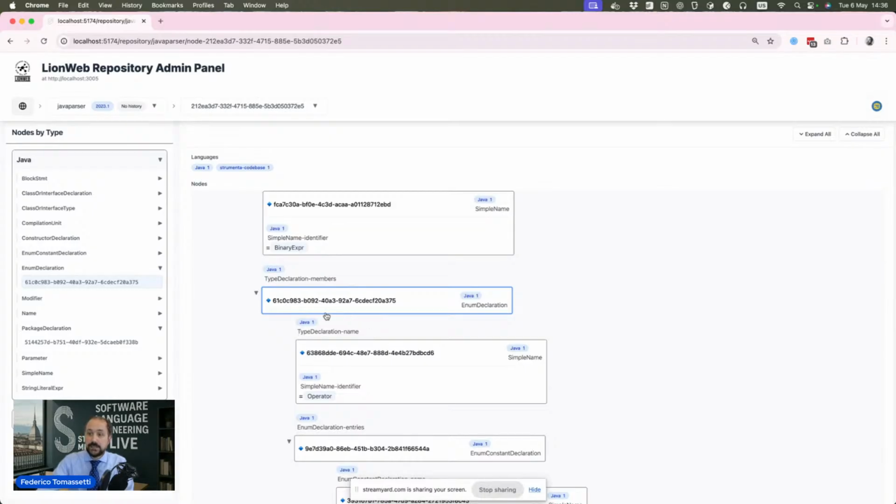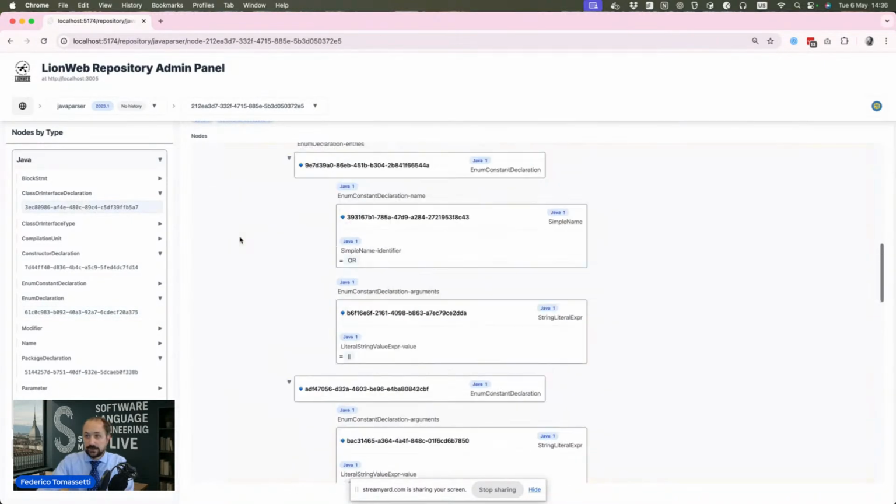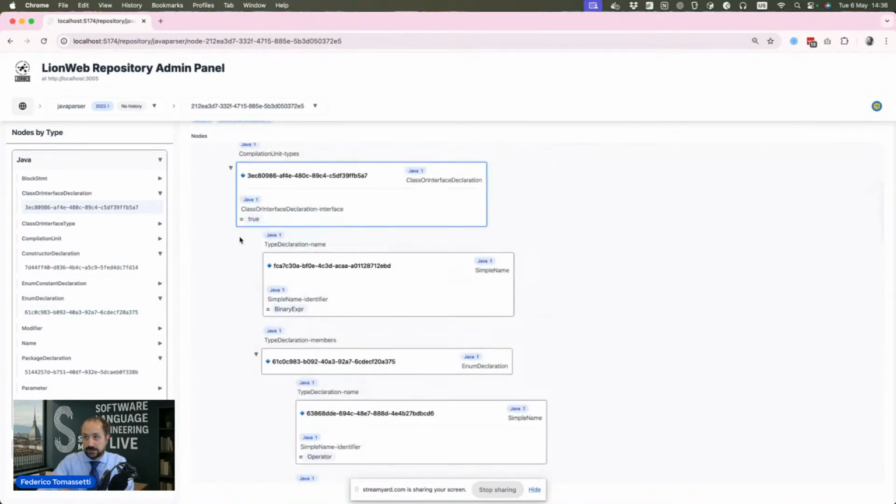So I'm declaring an enum called Operator. And what else? I'm also declaring a class called BinaryExp. So this is the AST of parsing